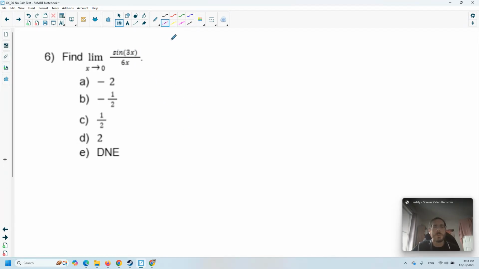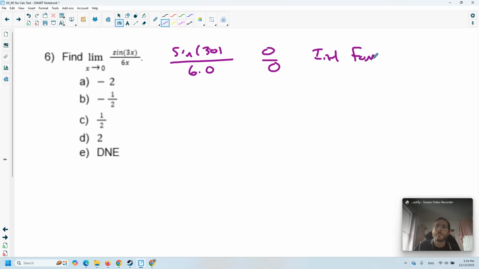Since we're in the L'Hopital section, I'm just going to L'Hopital it. I'm going to check first: sine of 3 times 0 over 6 times 0 is 0 over 0. So that's indeterminate form, which means I'm allowed to L'Hopital it. So the limit,